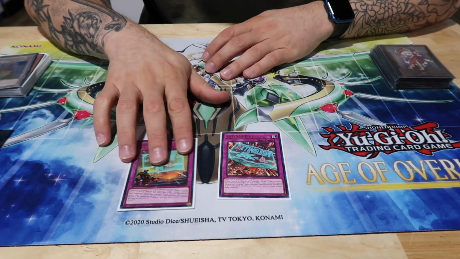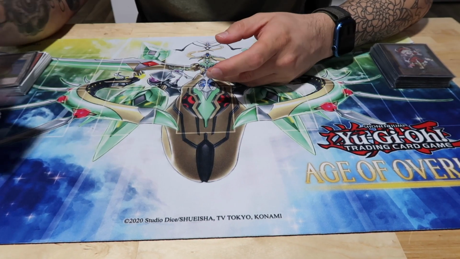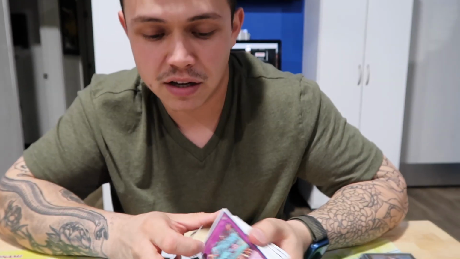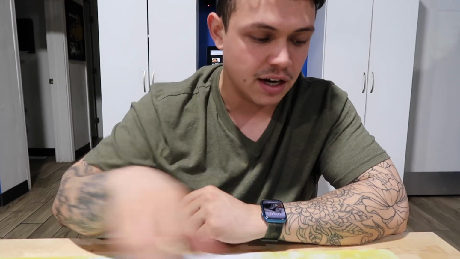Last traps, Extinguish, Contain. I did not play the Reinforce. It's ass. Don't even think about it. 41 card deck. Like I said, I decided to play the fire engine in terms of having to keep my engine going, and that's what made it a 41 card deck. Going into the extra deck,